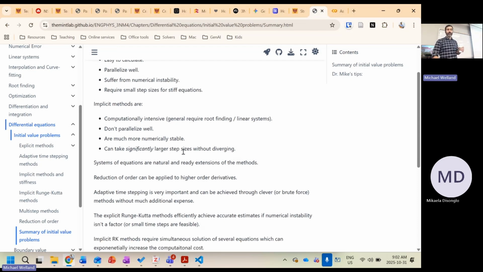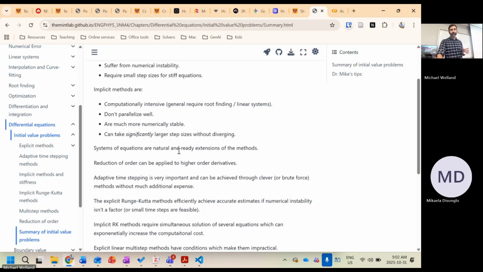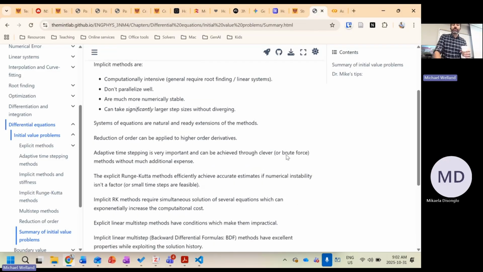Okay, and this significant, I should have quantified this. This significant is like a factor of a million. Okay. Systems of equations are super easy. Hallelujah. Reduction of order is the usual weapon of choice for higher order derivatives, at least the way that we are solving them. Right? If we look at the industrial toolkits for doing wave equations, well,